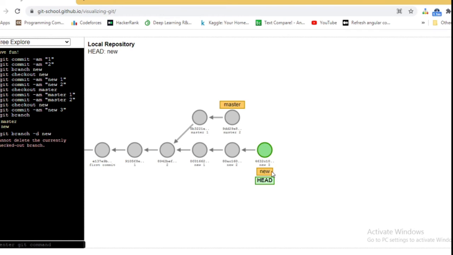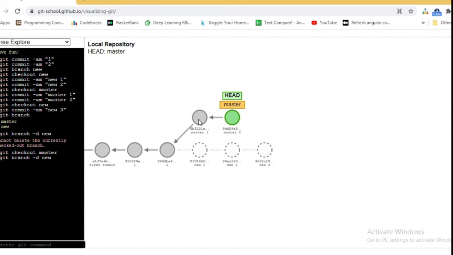So I want to delete the new branch. For deleting the new branch, first of all check out to another branch. So I am checking out to the master, git checkout master, and now I am on the master branch. After that you can delete the branch new, git branch -d. The d flag is important, that is for delete. So git branch -d, and you can see that all the commits that have been recorded in the new branch, all of them have gone, right?